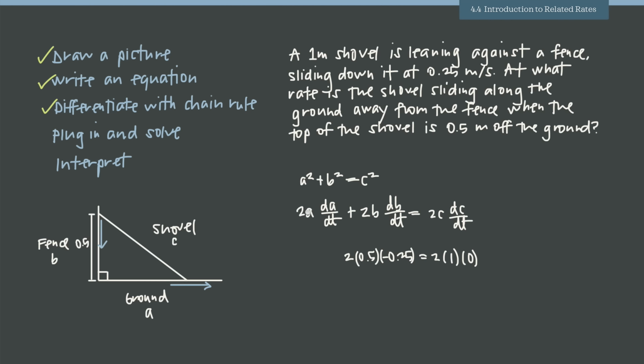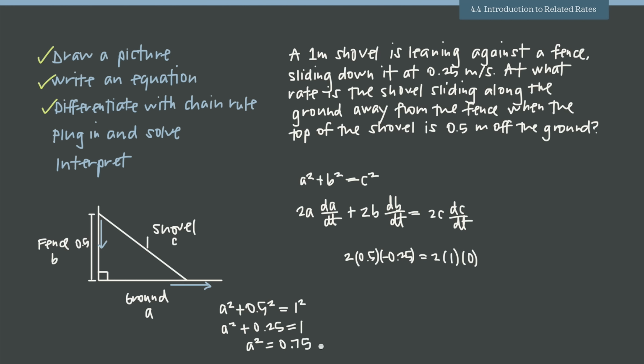Well, that's where we go back to our Pythagorean theorem. We know here that side B is 0.5. We know that side C is 1 because the shovel has length 1 meter. So we can use the Pythagorean theorem to solve for the value of A. So we say A squared plus, instead of B squared, 0.5 squared is equal to C squared, or 1 squared. So we get A squared plus 0.25 equals 1, or A squared equals